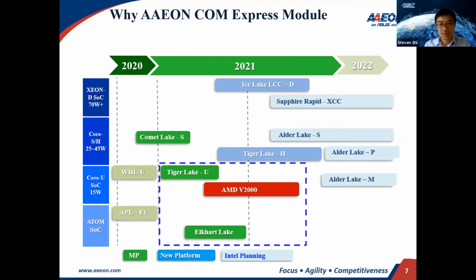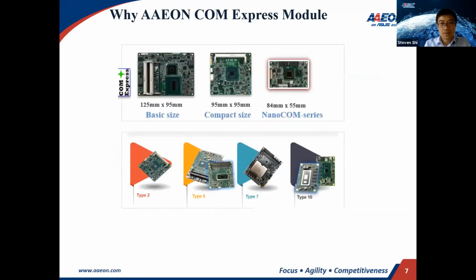So for all the IOTG platforms, you can find the corresponding product in AAEON's COM Express modular products as well. Apart from that, we are also developing the AMD Ryzen V2000 series platform, which will add diversity to our product range and give customers more choice for COM Express module projects. And besides Type 6 and Type 10 that I just introduced, we also have the Type 2